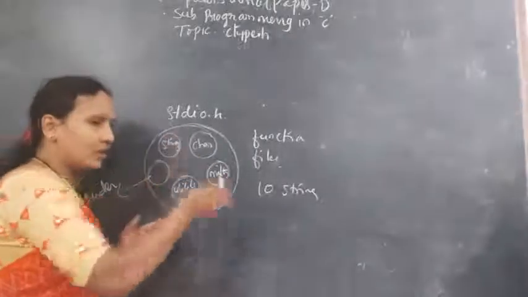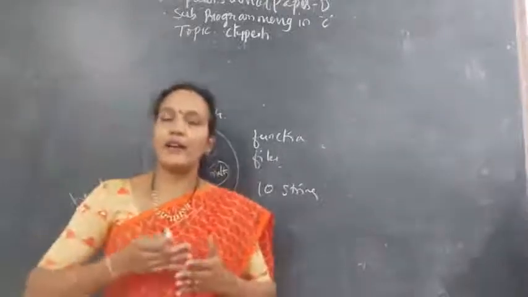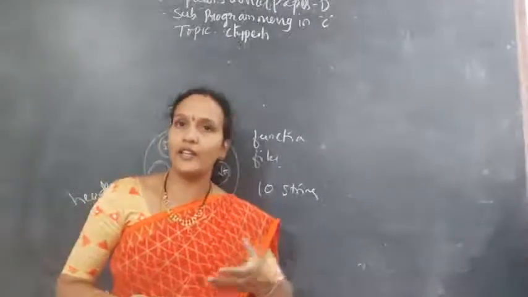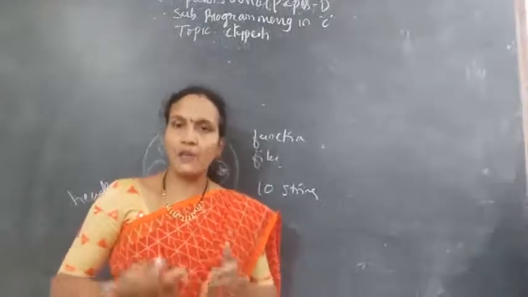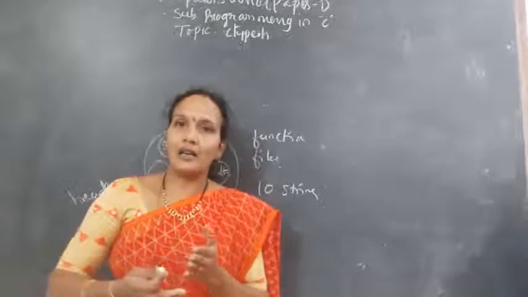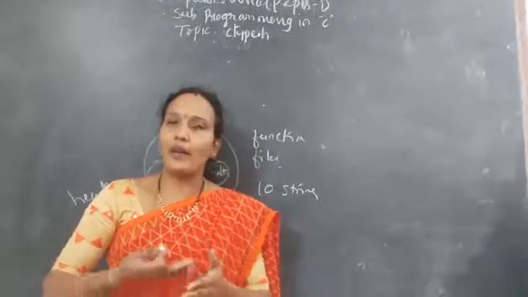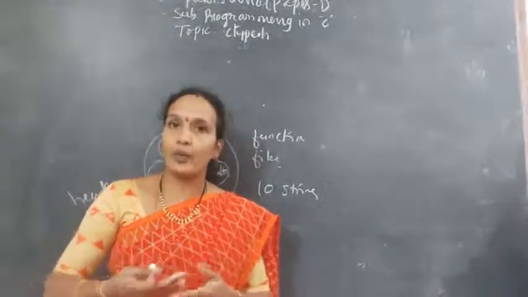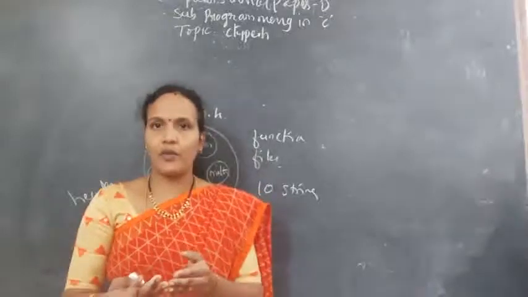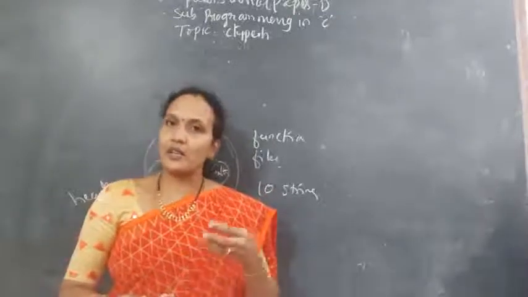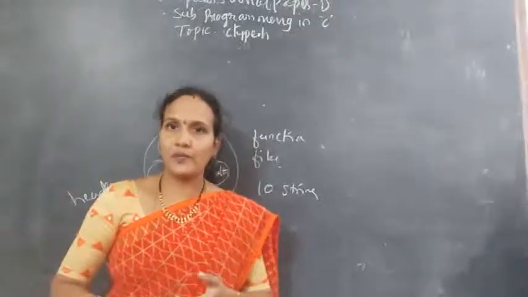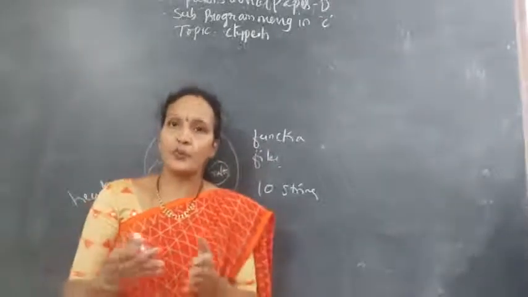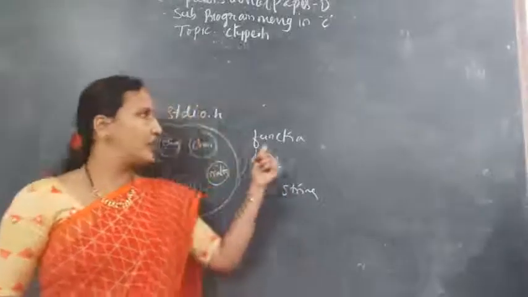So depending on the total functions there are, whatever functionalities you are getting from C software, all those functions are grouped. On what basis are they grouped? Based on the nature of the function. If the function's nature is for characters, or if they are math-related functions, all those functions are grouped together. That group is nothing but the header file.